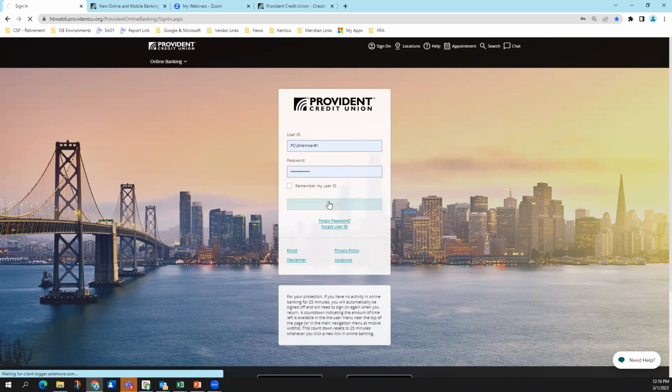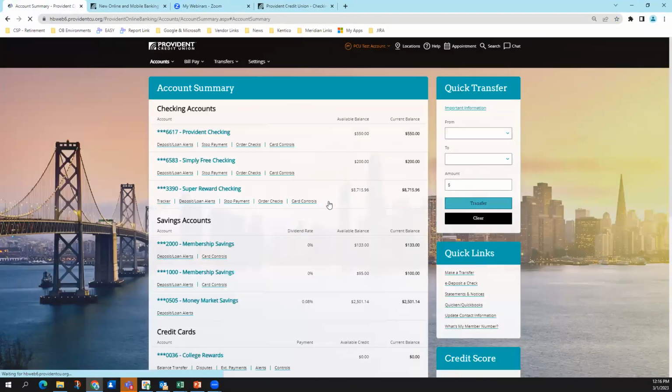Okay, so let's go ahead and sign in. And these screens should look very similar because it's exactly what we just went over on the slides. But this is the account summary page. Again, we have the quick transfer tool and quick links here. So if we wanted to take a look at a particular account